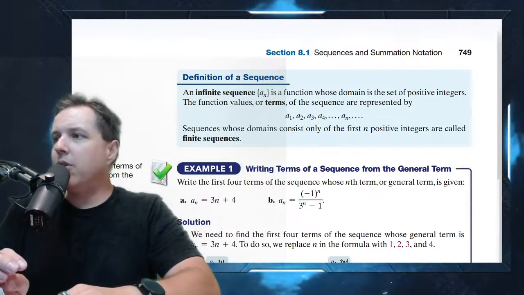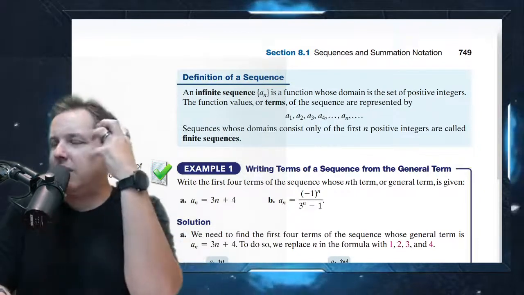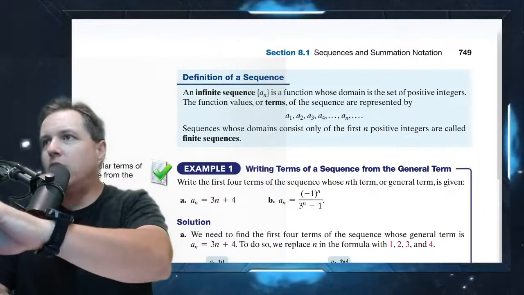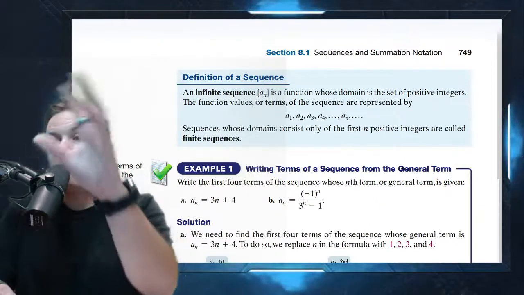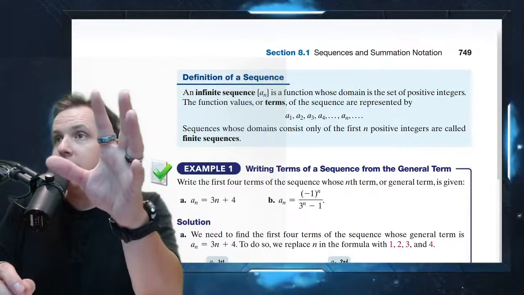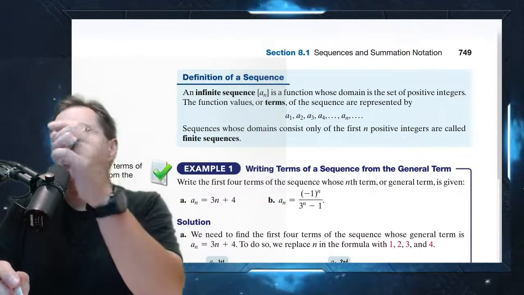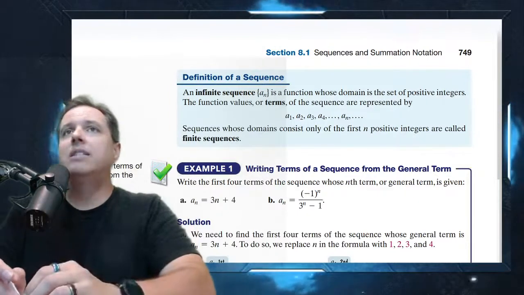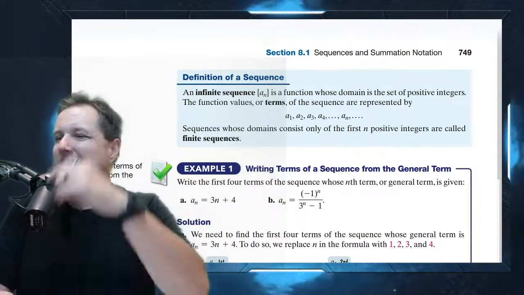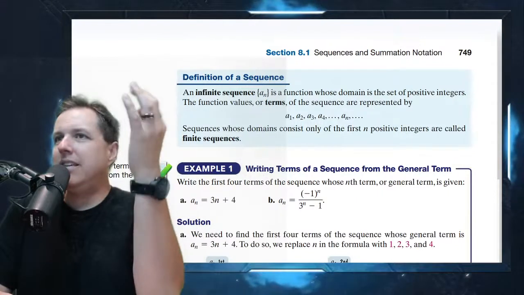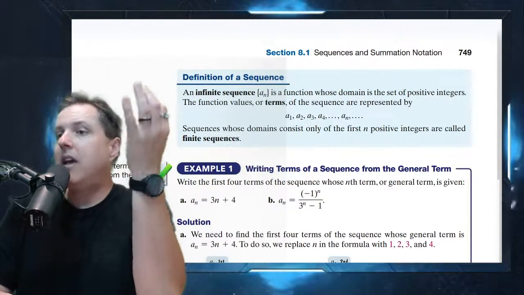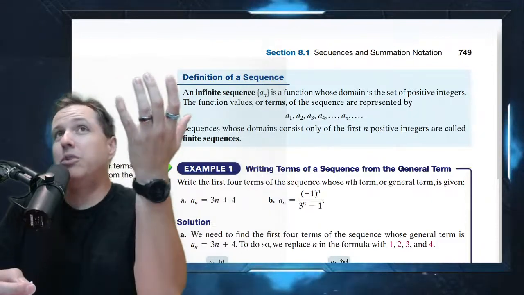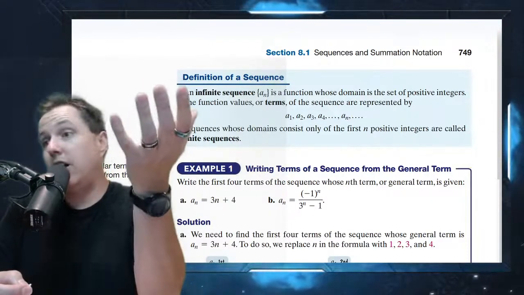So there's a number of different ways that your mind has to be flexible so that you can adjust. Sometimes you want to look at a function as a table. Sometimes you want to look at it as a graph, right? It can be helpful to look at the graph. So you want to be able to bounce around between those ways of thinking about a function. It's the same with sequences and series. We can sort of conceptualize sequences and series in a few different ways, and you do that based on whatever is the easiest way for you to visualize the particular problem that you're working on.